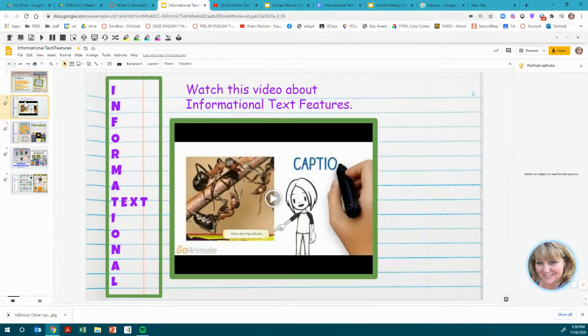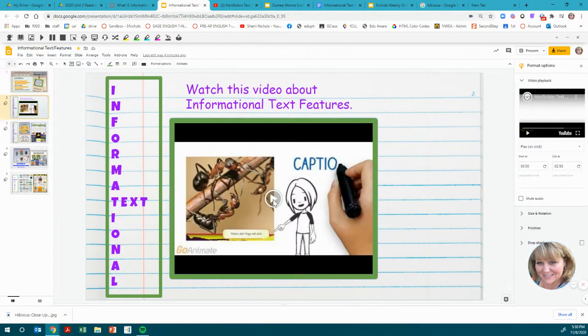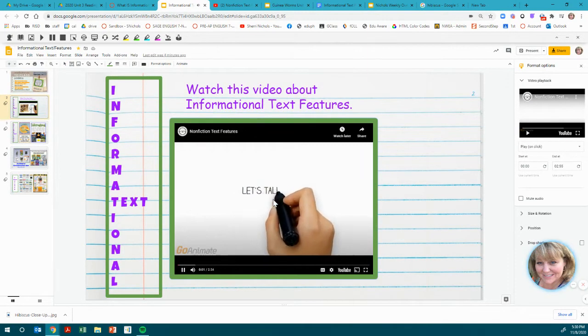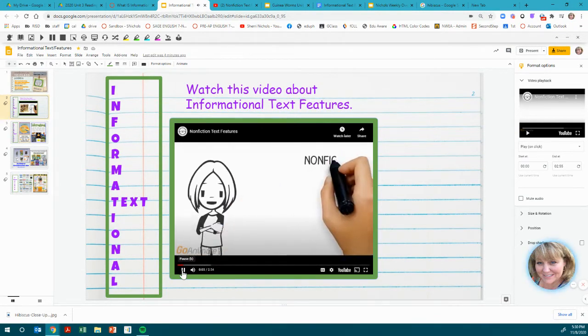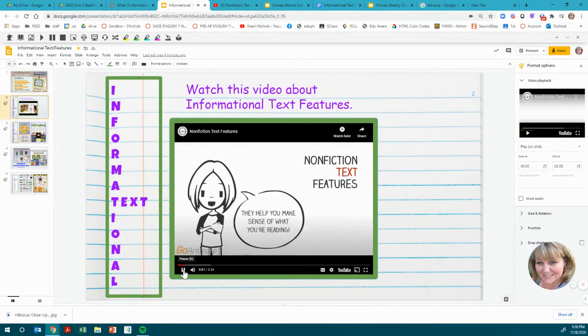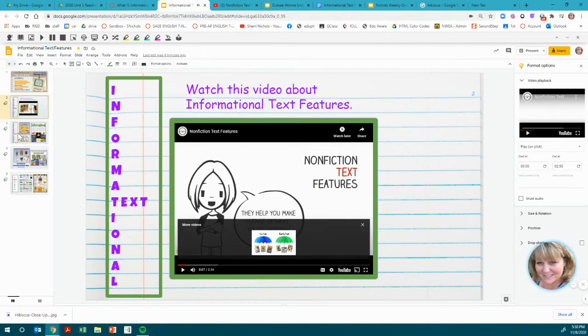If we look at informational text, there's a great video that I want you to watch. It's worth your time if you play it and watch it. I'm not going to watch it all here. Non-fiction text features. But watch this video, please. These are the things found in non-fiction material. I'm going to stop it there, and I want you to watch the rest of that